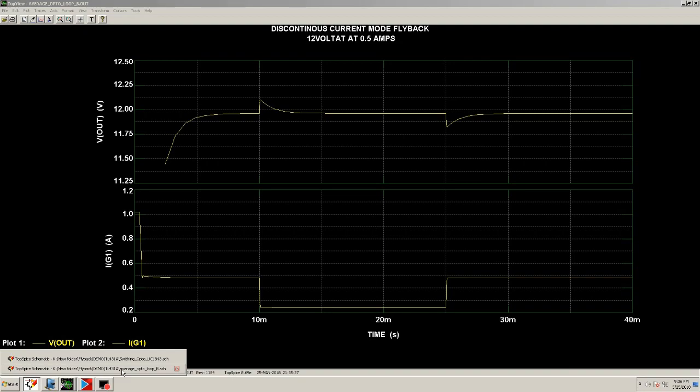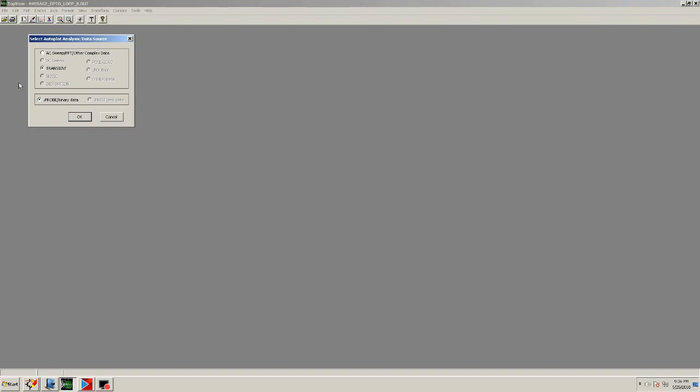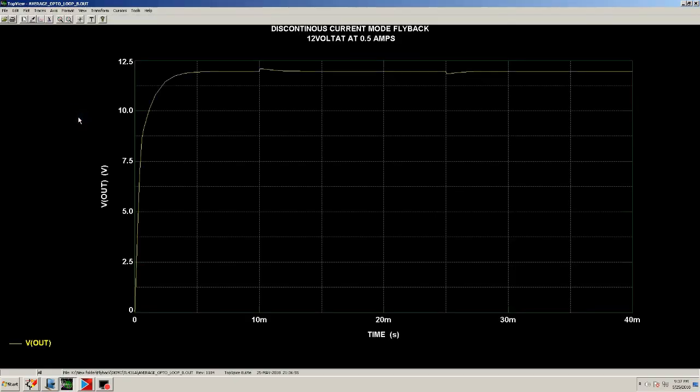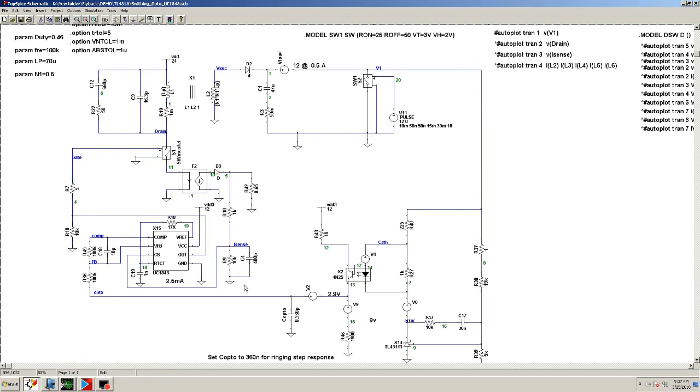let me rerun this. It runs very fast. That's why we use the loop or the average model to do this type of analysis. This is very fast. Okay. So now we're going to compare that, and we're going to compare it with the switching model. Okay. Now I went ahead and did the simulation. Problem is, when you do a switching model, it literally takes about a good 15 to 20 minutes to do the simulation. So instead of waiting here, I already have